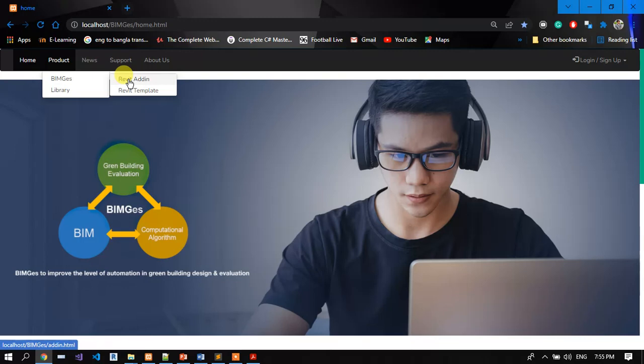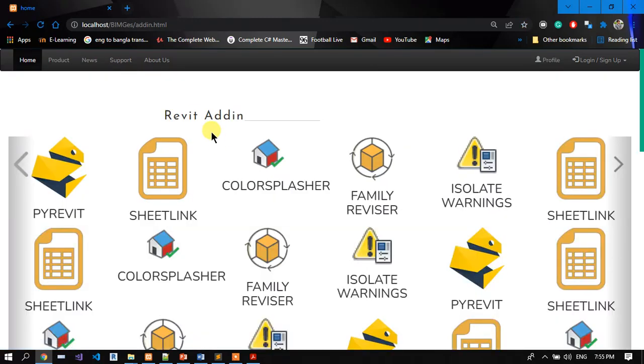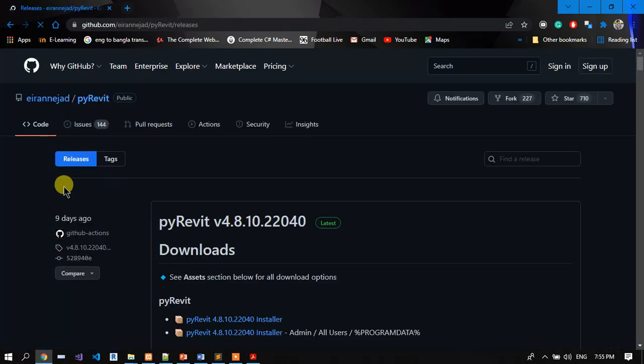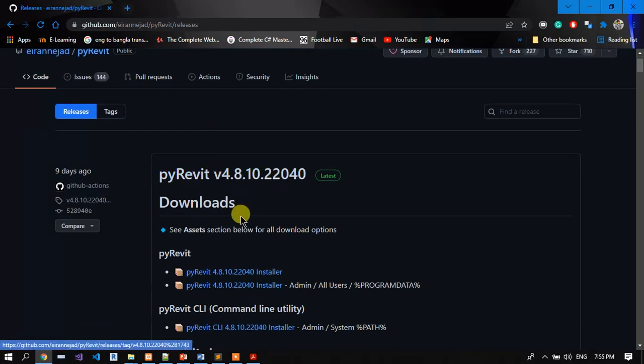So now let's move on to the BIMGes Revit add-in option. If we click on the Revit add-in option, then here you can see a lot of add-in files which are added directly from online. There are many options actually. These things are taken directly from Autodesk. So say for example, if we click on PyRevit, a Revit add-in file, then it will redirect you to the link of GitHub where you can download PyRevit